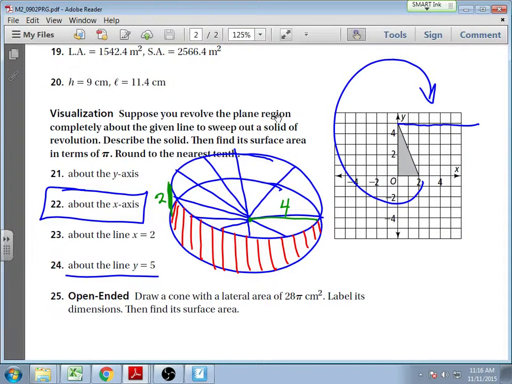So we would need to know what this diagonal distance is, which we know this is 4, the height is 2. So it's a right triangle with legs of 2 and 4. My L, my cursive L, is the hypotenuse. So it'll be 16 plus 4, so radical 20. So it'd be like 2 radical 5 for my L, my slant height. Is that making sense, or is anyone still completely lost?